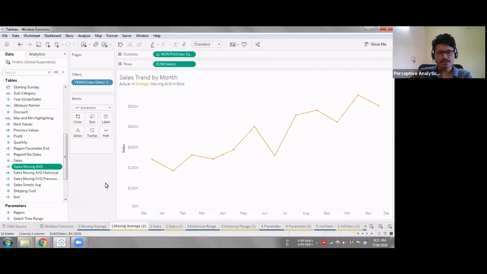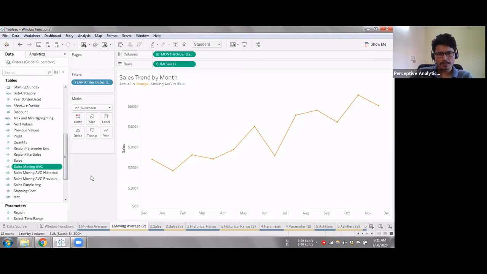So today's session will be a continuation of the table calculations sessions that we have had in the past. Today we'll explore some hands-on activities on window functions. We already had some hands-on activity on table calculations, I think after session 2 or so. Today we'll explore table calculation functions, especially window functions, and how these window functions can be used.